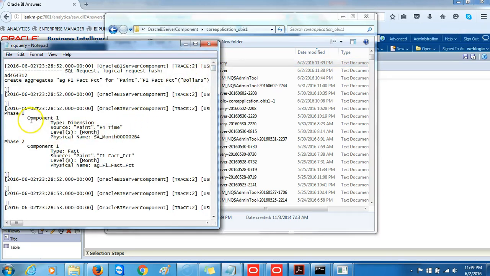You will notice that component 1 shows the dimension table HT4, and the physical table is the newly created aggregate table, and the fact table, and all the physical tables are now referencing the newly created aggregate tables. This shows us that a query, instead of going to the previous physical table which is holding transaction data, the OBIEE has automatically detected the presence of aggregate tables and has immediately executed our query against the aggregate tables. You can close this out,